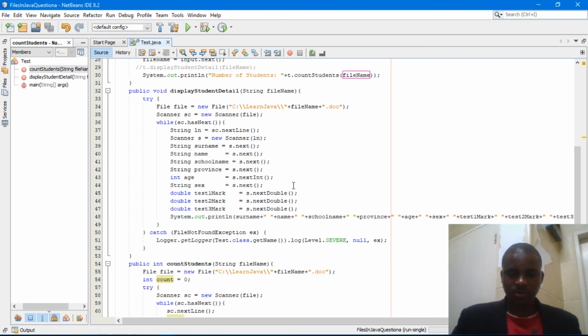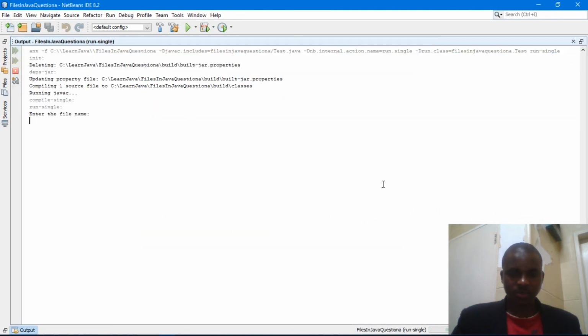If you read the number of lines that we have from here up to here, you see that we have got 34 lines from daycare up to Penny. So those are the number of students that we have, guys. So that's how you write the method to read the number of students.